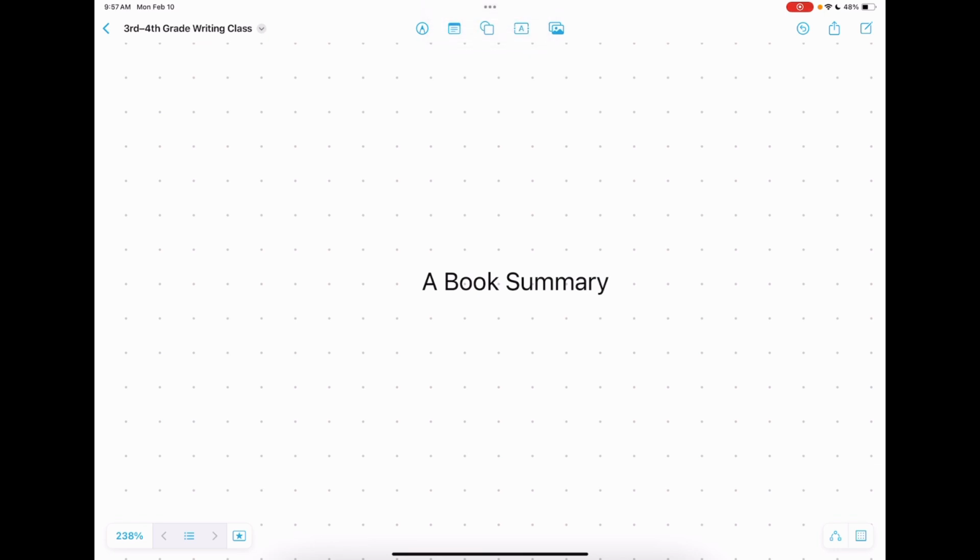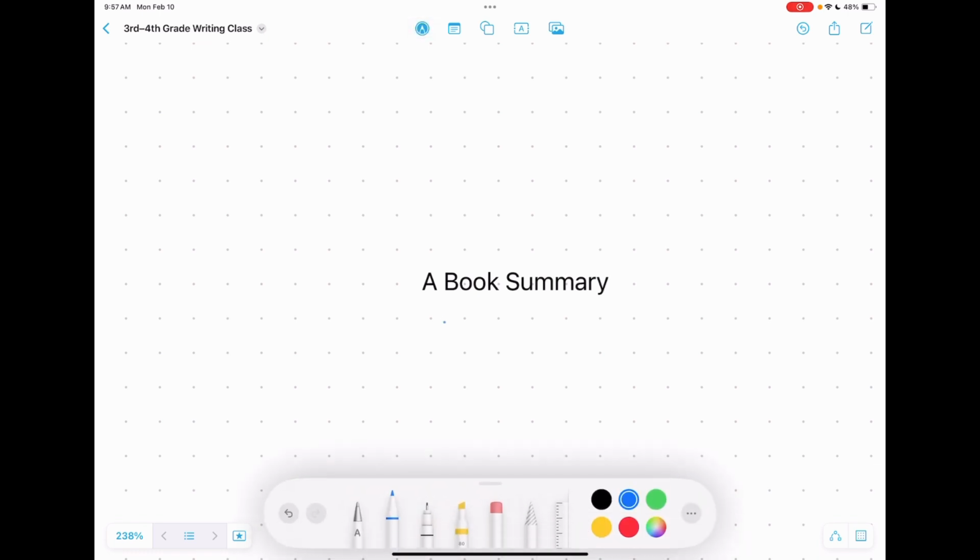When you do a book summary, the first thing you do, and this makes sense, is you choose your book. So when you choose your book, I want you to choose something you love to read, something that's one of your favorites. We're not writing about an entire series. So if you're writing about one of the American Girl books, we're not writing about the whole American Girl series. We're not writing about the whole Boxcar Children series or the whole Little House on the Prairie series. Just pick one book,